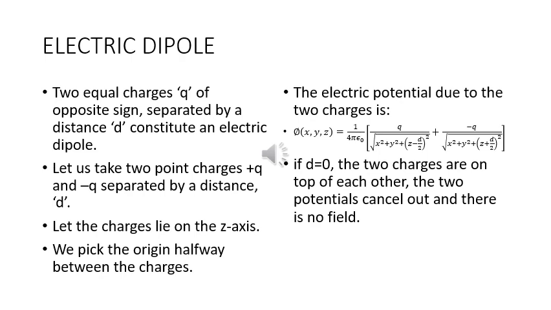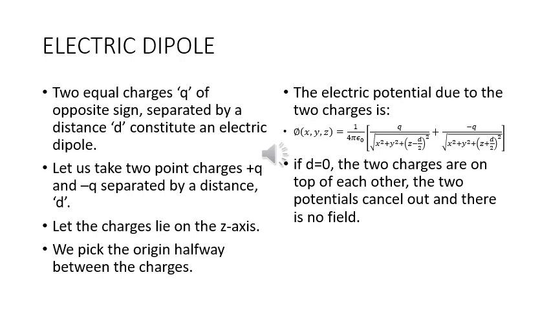Let us take the 2 point charges plus q and minus q separated by a distance d. Let the charges lie on the z-axis. We pick the origin halfway between the charges. The electric potential due to the two charges is given by phi at xyz equal to 1 upon 4 pi